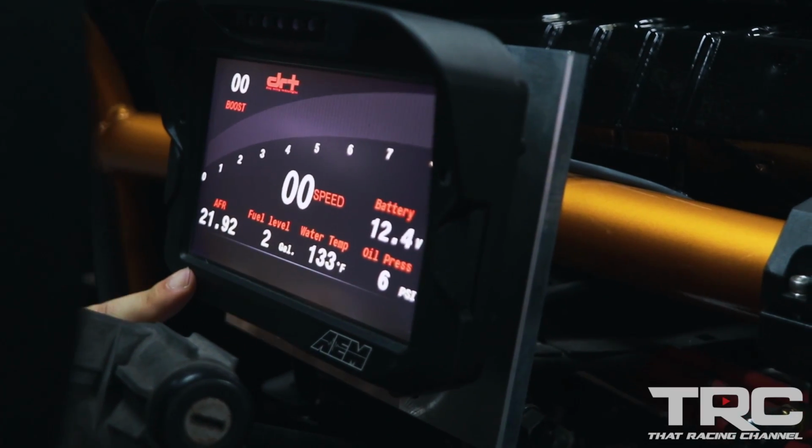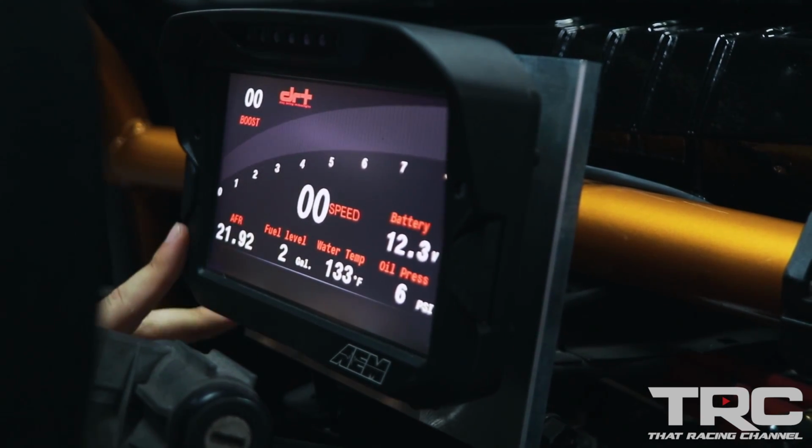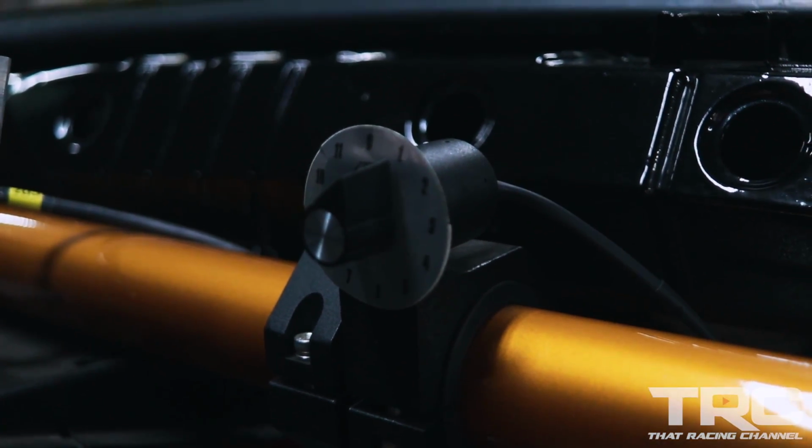The dash is a CD7 dash from AEM, and I love this thing. You can see everything here, all the warnings. You don't need any type of gauges. Everything you can see here. As for the speed in the car, we're using the AEM GPS,